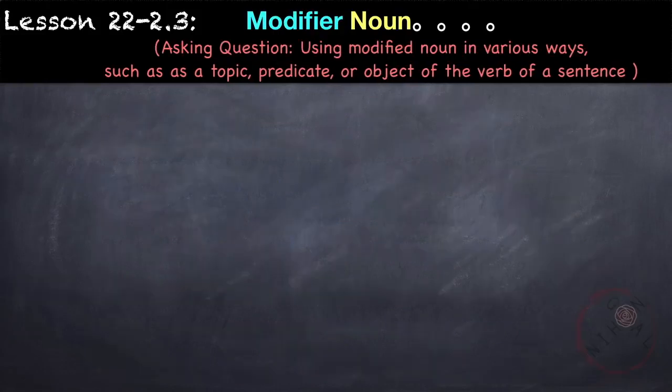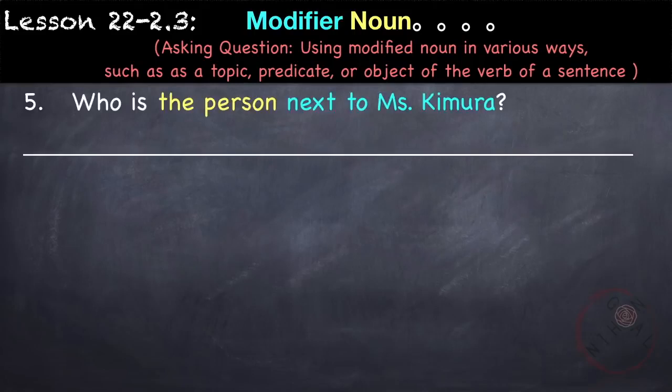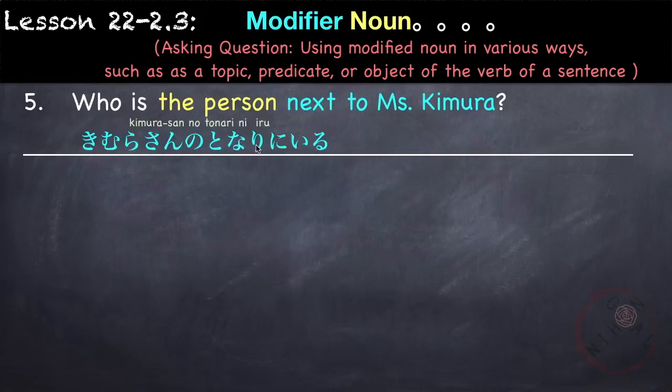Next is using the modified nouns in a question. For example, who is the person next to Miss Kimura? So our modified noun is the person next to Miss Kimura, which is 木村さんの隣にいる人は who? 誰ですか？木村さんの隣にいる人は誰ですか？